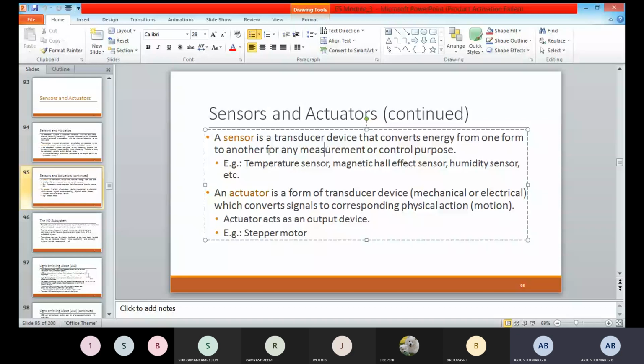The sensor may not be directly interfaced to the input port. Instead, it may be interfaced through a signal conditioning and translating system like an ADC or optocoupler. For example, the temperature sensor's real time data should be converted to digital through the ADC only. Through this ADC only, they will make the connection.